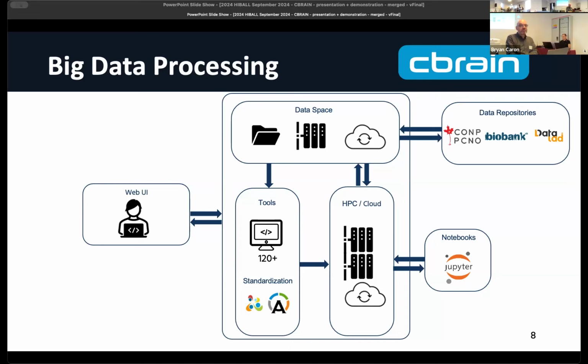The part on the bottom right is really, I'll touch upon it afterwards, that if you're working with notebooks, it's not an all or nothing scenario, meaning you have to use the web UI. If you're doing things within a notebook, you can still work with data that's in CBRAIN because we have an API layer that lets you see and register and communicate with CBRAIN to move data in and out. Through your API calls within your notebook, you can actually say, well, I know this tool is in CBRAIN. I can then launch that tool from within my notebook, watch its state as it goes through the entire system, and then work with the data when it's created on the back end.